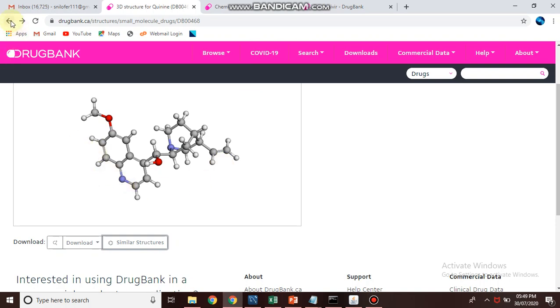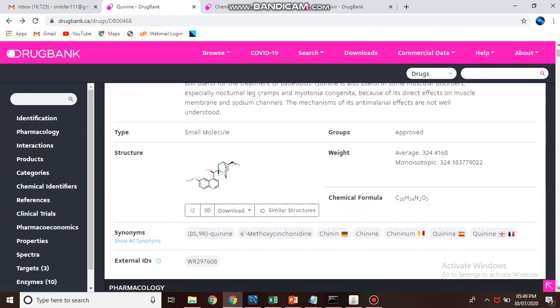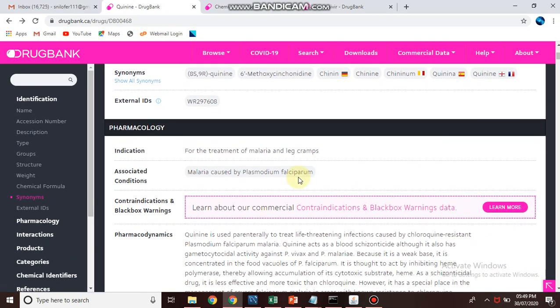Now you can go back and see the synonyms, their indication, pharmacological information: for the treatment of malaria and leg cramps.